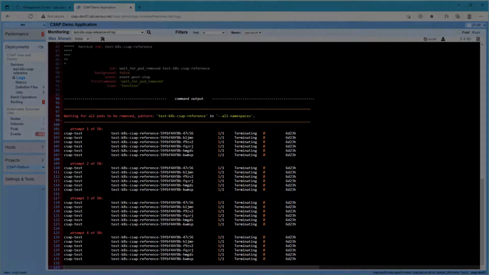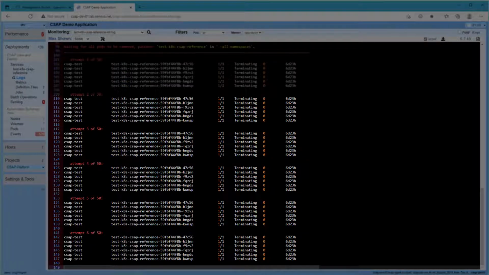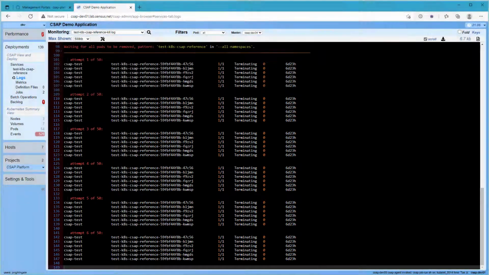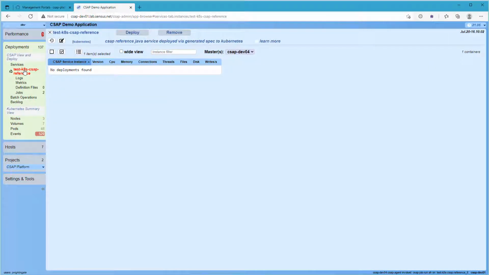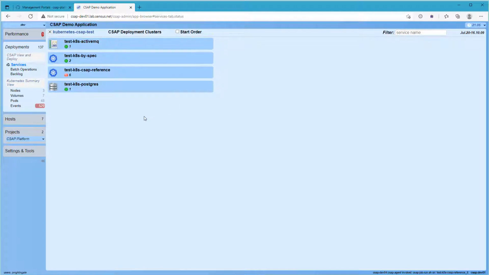CSAP includes the ability to have orchestration queries. In this instance, we're just waiting for all of the instances to be shut down. After about 30 seconds, all of the instances have been removed. If we come back and hit refresh on the service UI, you'll see that we are no longer finding any instances. And now when we look at the cluster, you can see that there are 6 stopped instances of the